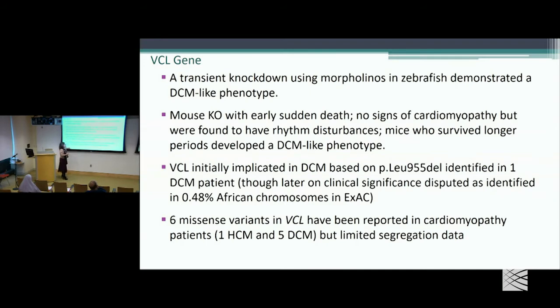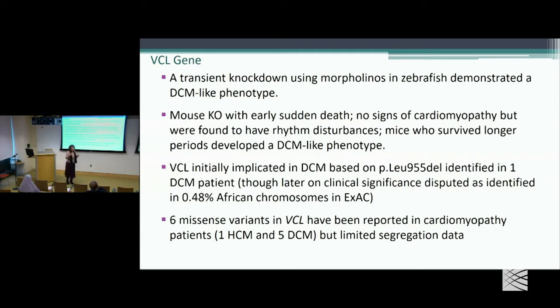There had been a few more papers that came along finding missense variants in this gene with no segregation data. So you look at that and you really go, there is insufficient evidence that this gene actually causes a human phenotype. And so we would not report that. Now the question is, I sort of made my argument and showed you the data, but is there a way we could do this slightly more systematically?